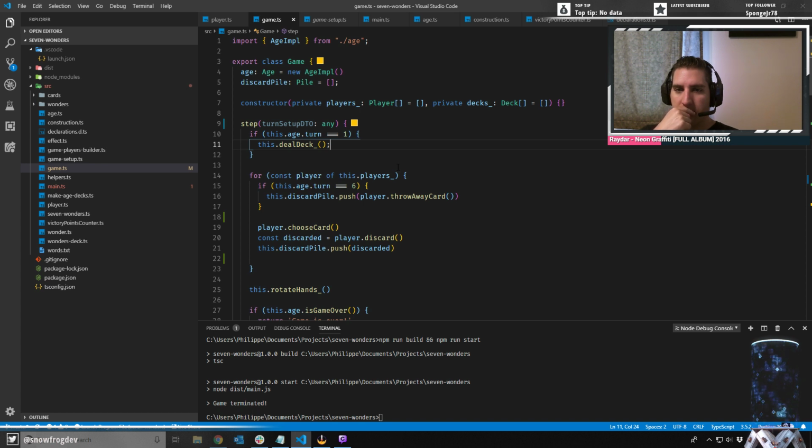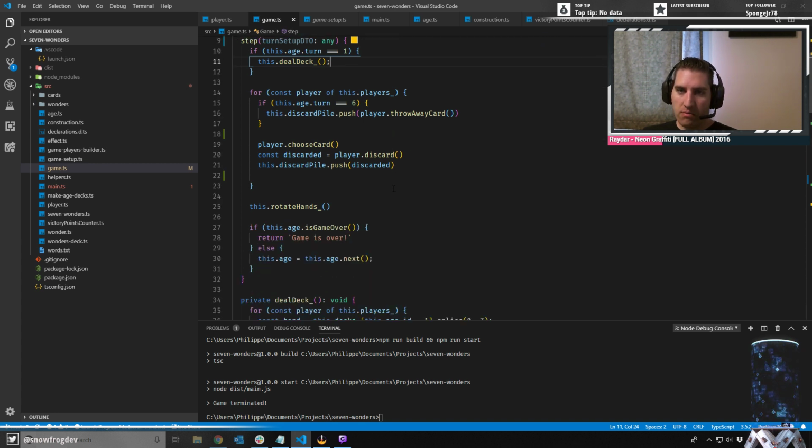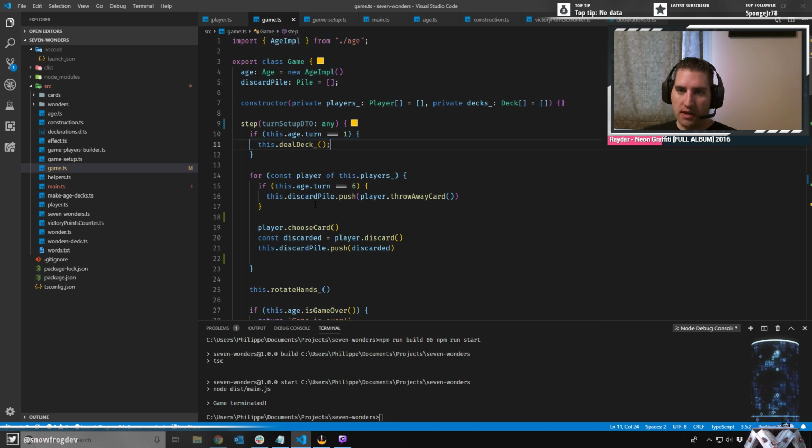So maybe the deck dealing should not happen in here, but should actually happen in the game setup, which makes... Nope. Nope, nope, nope. Because we need to deal the deck at the beginning of each age. Well, that's problematic because